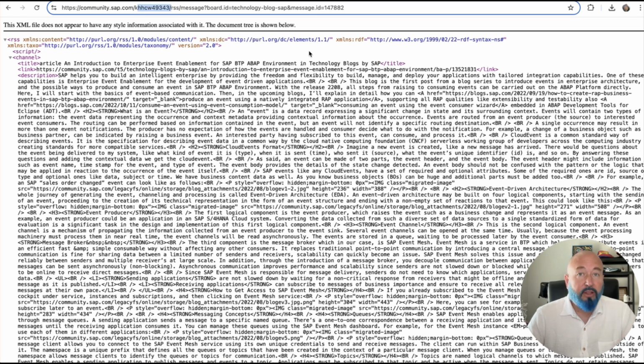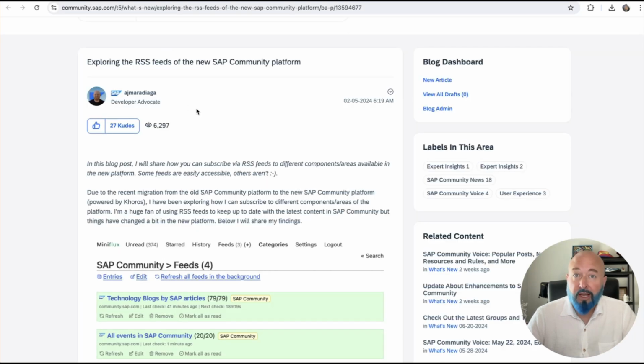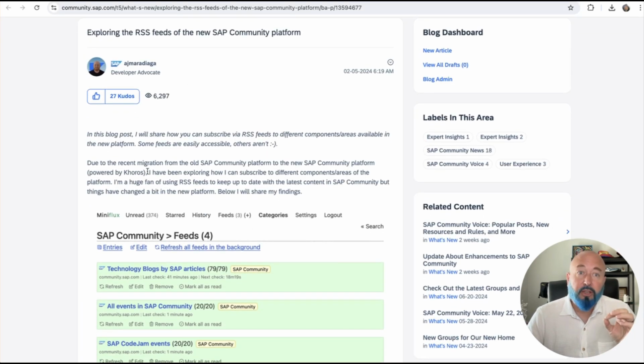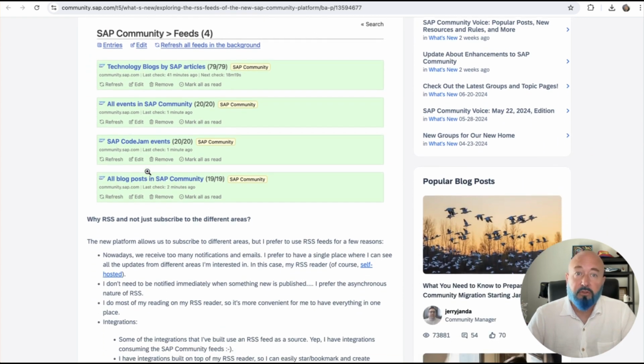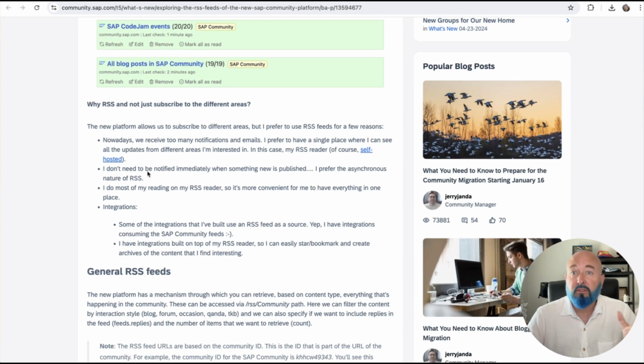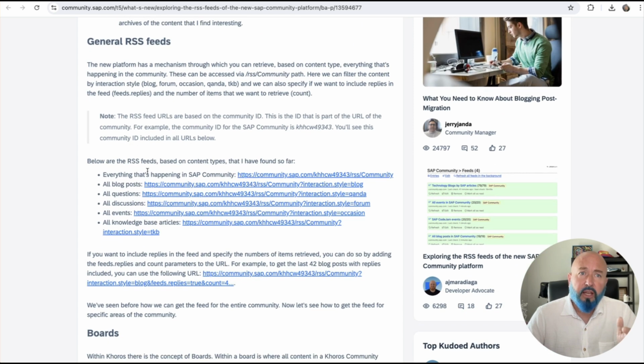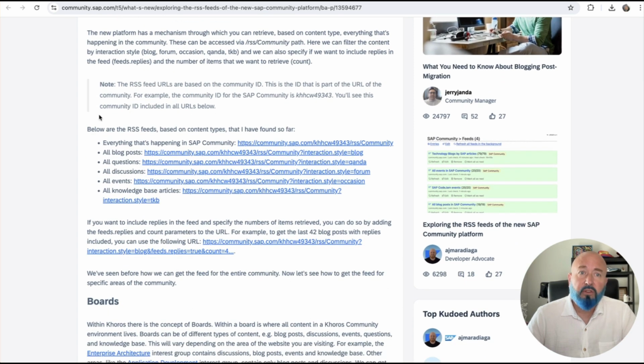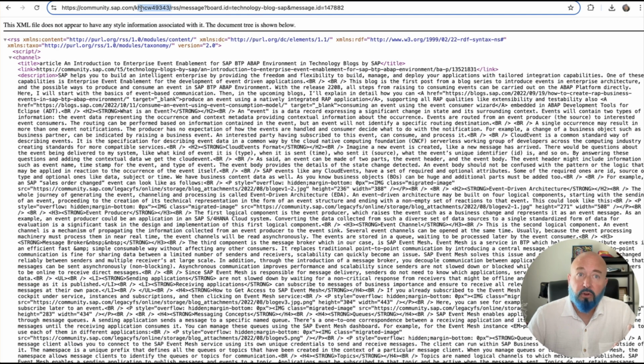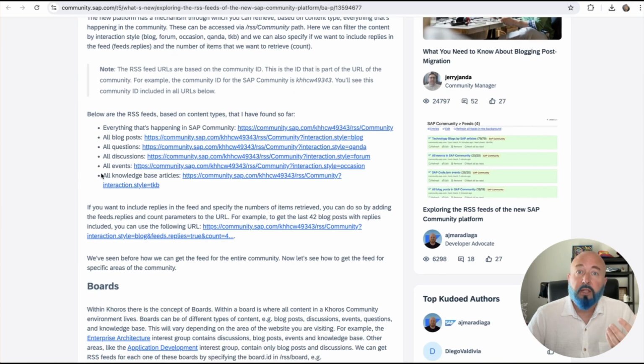The best way that I know to explain this is actually to rely on my colleague, Antonio Maradiaga. He has written a blog post that goes through all the great setup functions of the RSS feed capability in the SAP community, powered by the Khoros platform. You have to go in here and set it up correctly, but the RSS feeds and URLs are based on the community ID, that is basically embedded in here, this little KHHCW49343. Antonio goes through and explains what that is in his blog post,